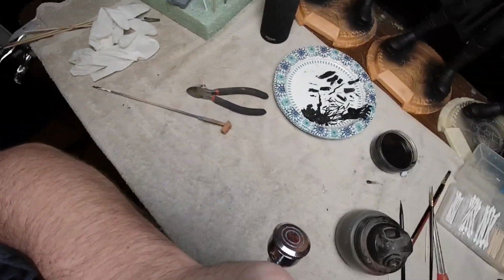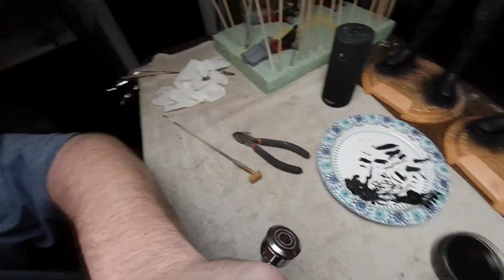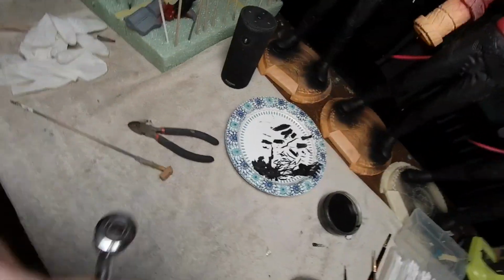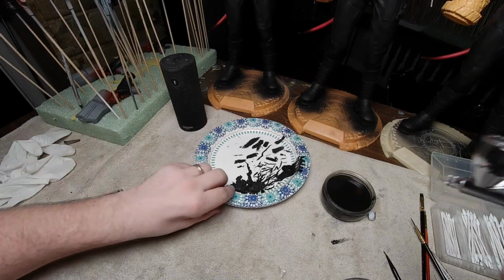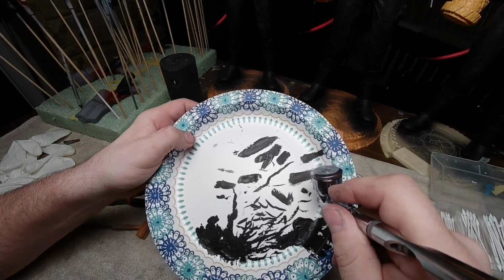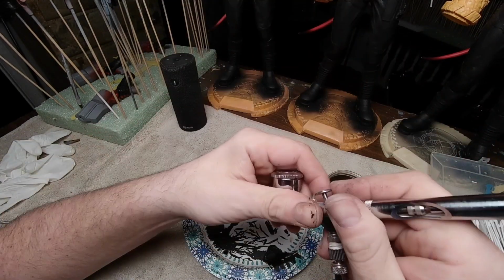Alright, so I'm going to try to do this on camera. We'll see if I can make it happen. Shaky cam, shaky cam. Alright. So, again, real low air pressure, about 10 psi. This comes out really, really liquidy. I mean, it's transparent, so